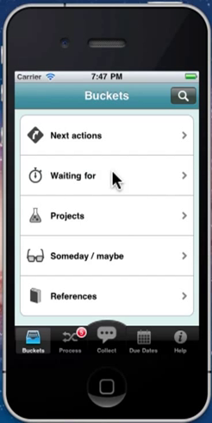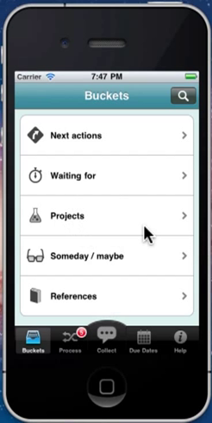So that's where stuff will go. Someday, obviously the name explains that one. In the future, references, that could be anything from a great wine that you know of that you always want to come back to. If you need to get the name of it, you drop it into references. Very self-explanatory.